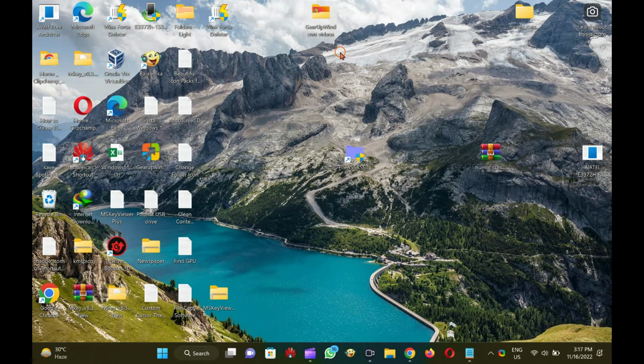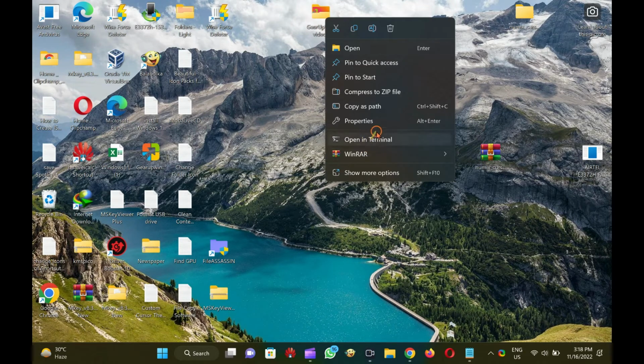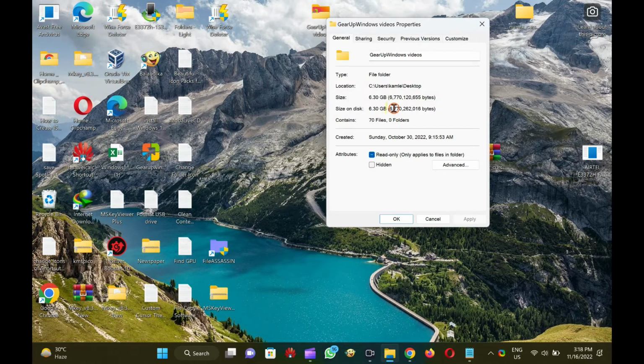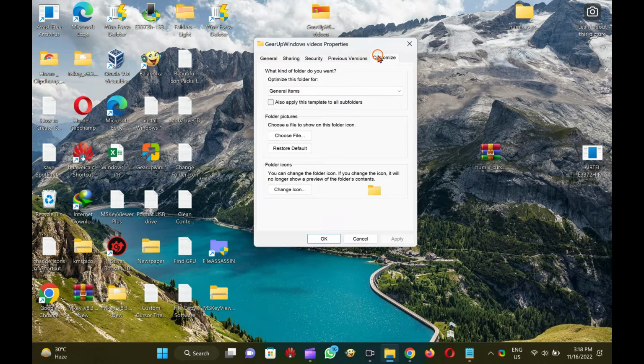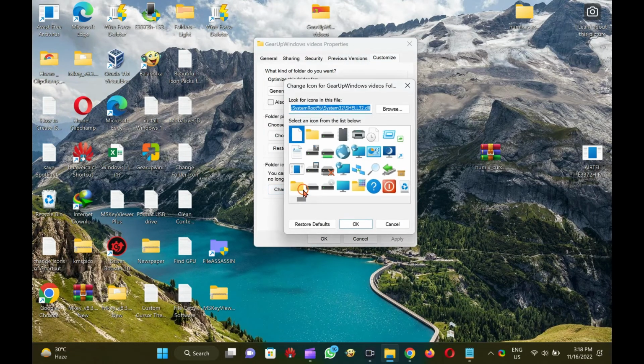How to change folder icon in Windows 11/10/8/7/Vista? Right-click on the folder for which you want to change the default icon and select the Properties option. Switch to the Customize tab. Under the Folder Icons section, click the Change Icon button to select an icon for your folder. It will open the default icons folder. If not, then browse for the following path.